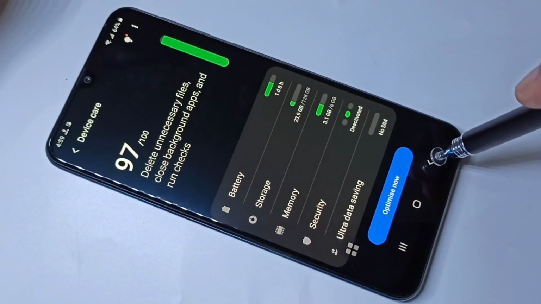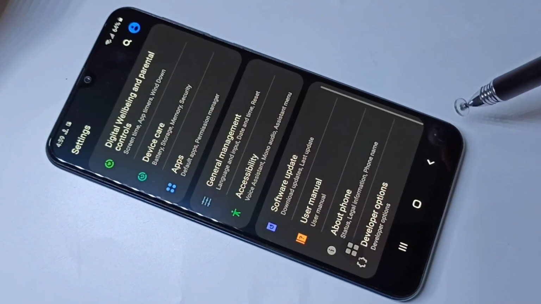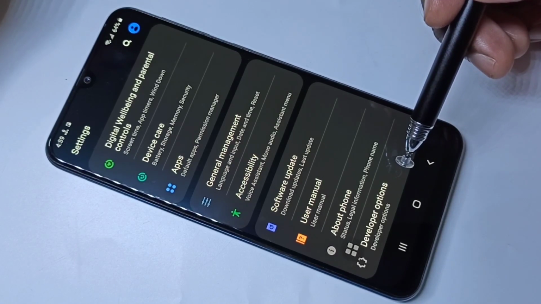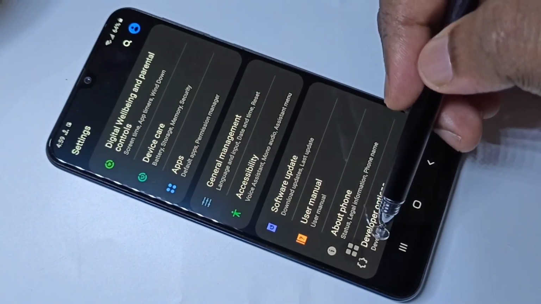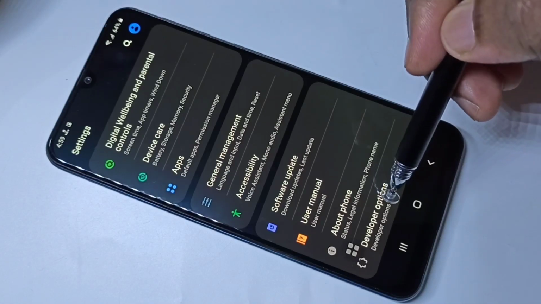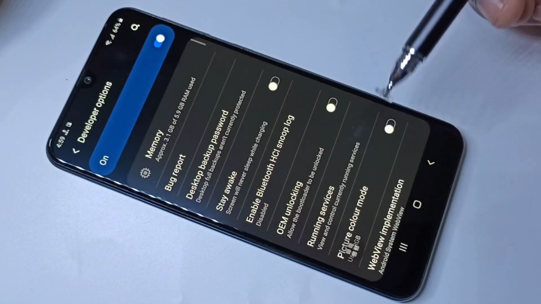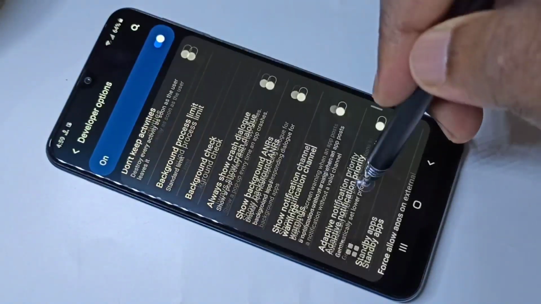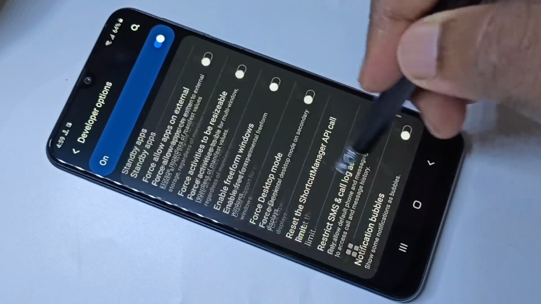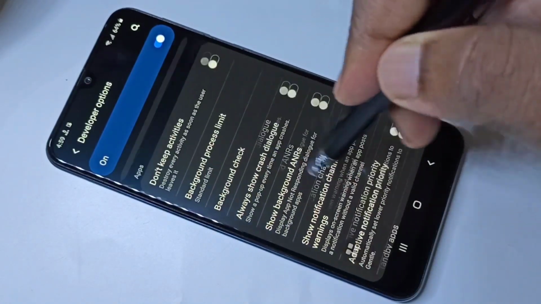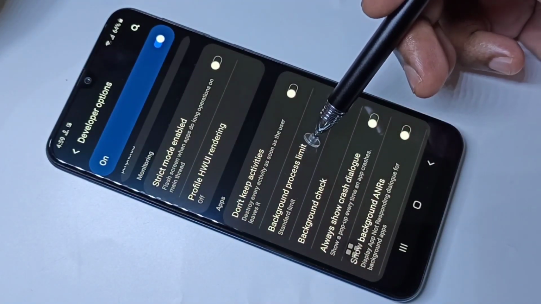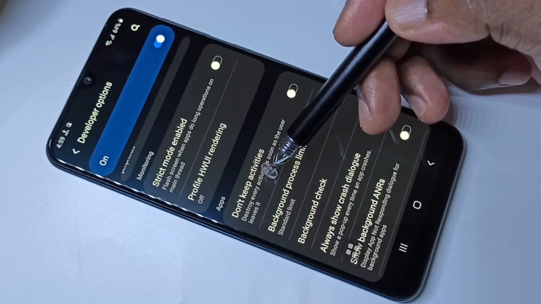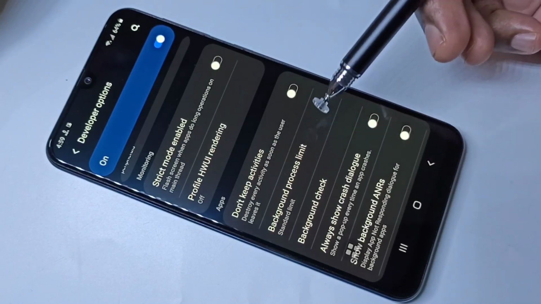Let me go back. I'm going to show you method 4. For method 4 you have to enable developer options. Please check my channel. You will be able to find how to enable developer options. Go to developer options. Then if you go down, there you will be able to find background process limit and don't keep activities.